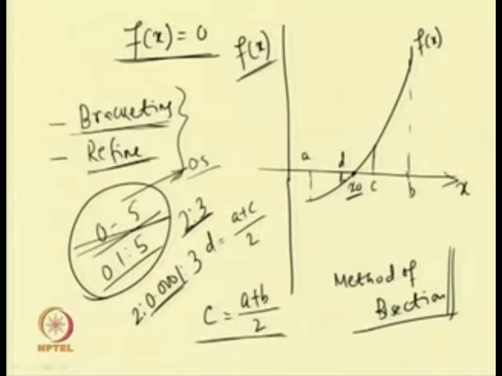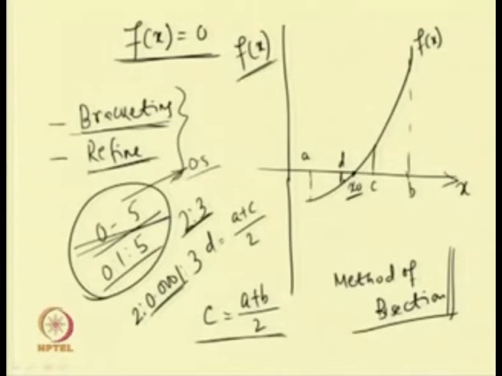So, in the method of bisection, first we have to bracket by finding 2 points, one yielding a positive value and the other a negative value. After getting these 2 points, the solution is approached by taking a point which is half of A and B. So, we take C equal to A plus B by 2, then check the value of f x, and repeat this iteration till we achieve the required accuracy.